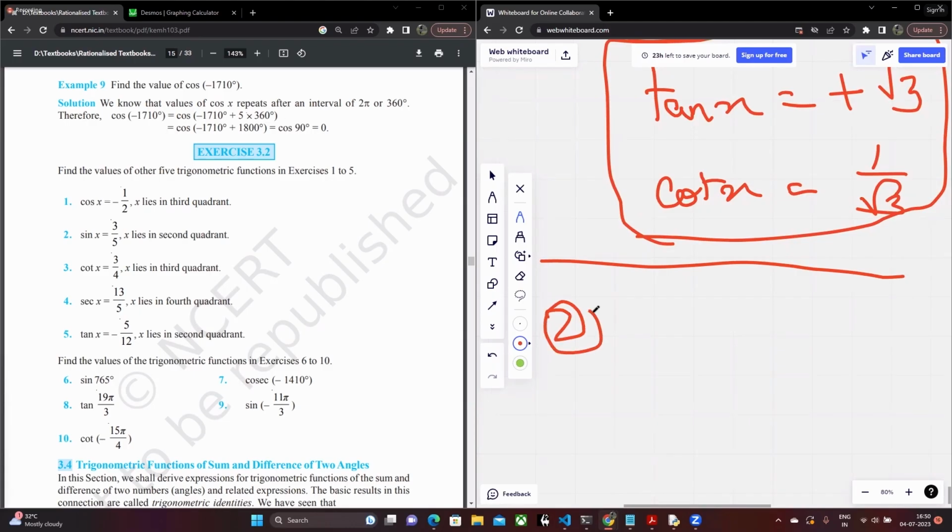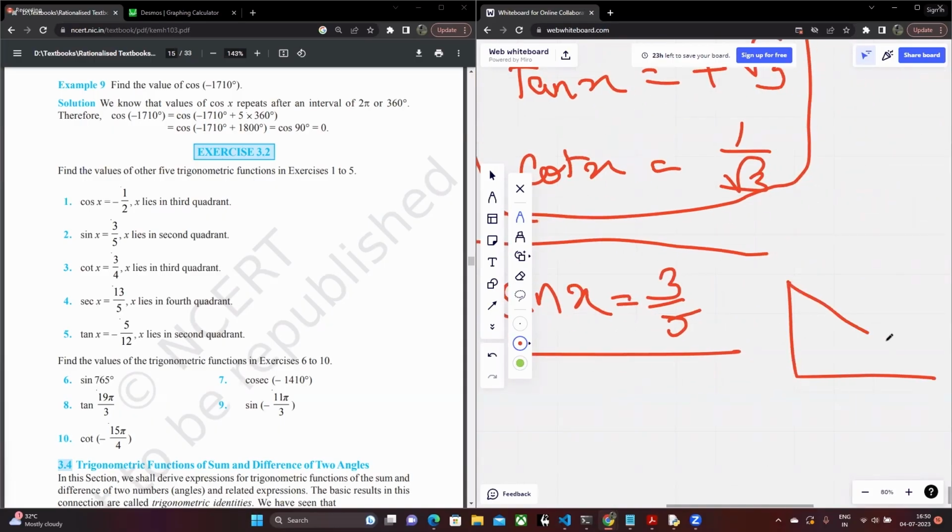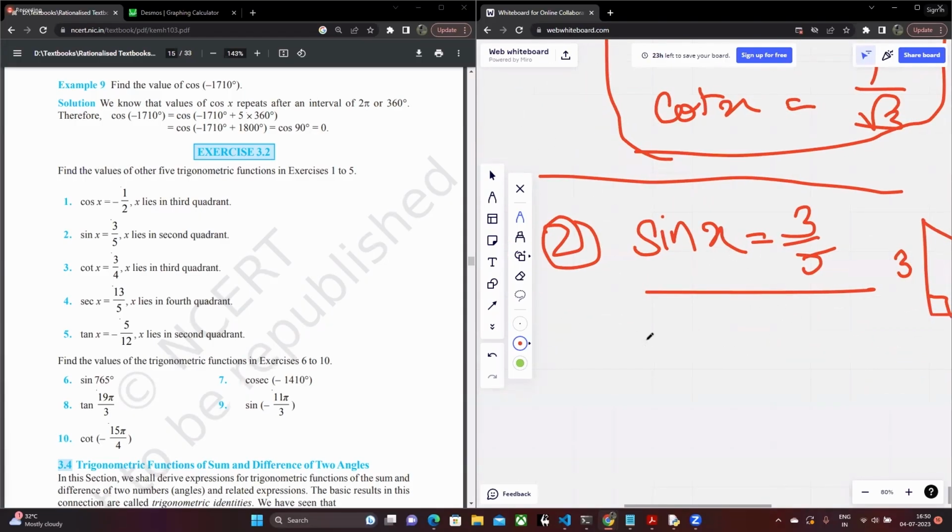Question number 2. You have sin x being 3 by 5 and x lies in the second quadrant. 3 by 5 is a special angle. Because if you draw the triangle, taking this to be the angle x, this to be the 90-degree angle, sine of x is going to be 3 by 5. That means that this side is going to be 4. 3, 4, and 5 make a Pythagorean triplet. So if sin x is 3 by 5, then cos x is basically equal to 4 by 5,